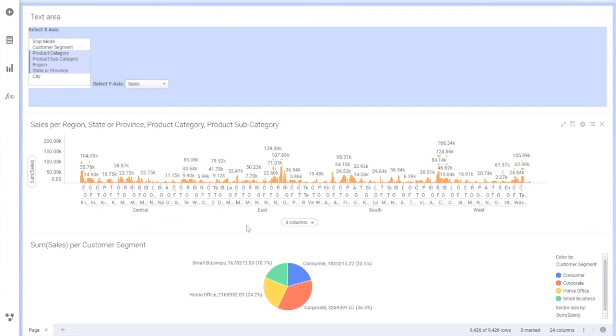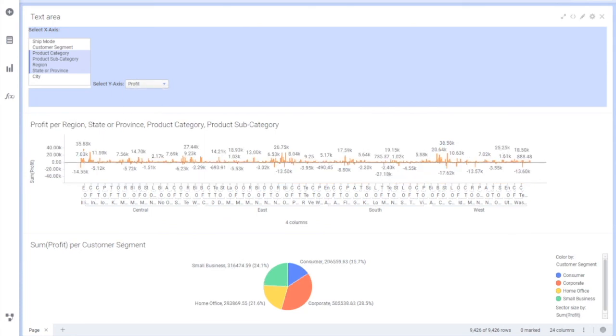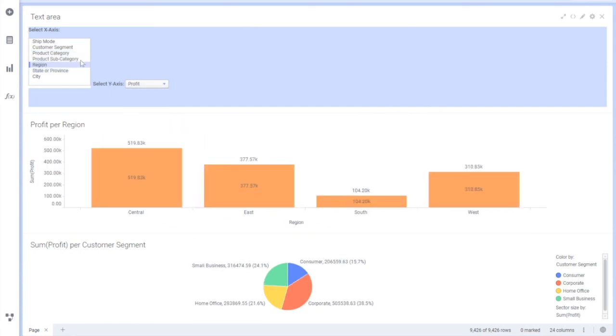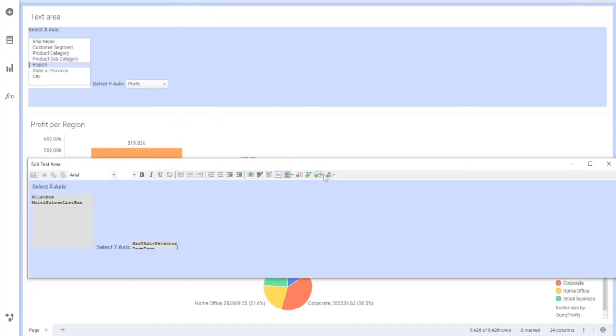Mainly we do this for the x-axis, not for the y-axis. Users will be able to play around with the y-axis as before: profit, shipping cost, and sales. So this is how these property controls will be useful. I've just shown you one drop down and one multiple select list box. There are a few more, which I'll cover in the next session. In that we'll see how the input field will be used, how we can use drop down for on demand, and so on. A lot of important things are going to come in coming sessions.